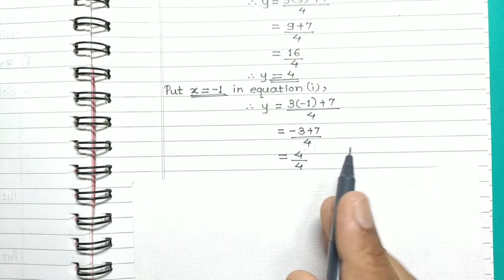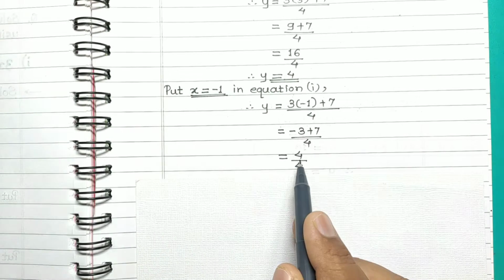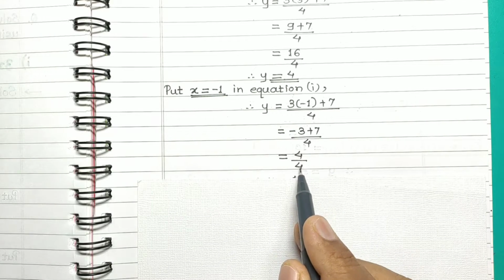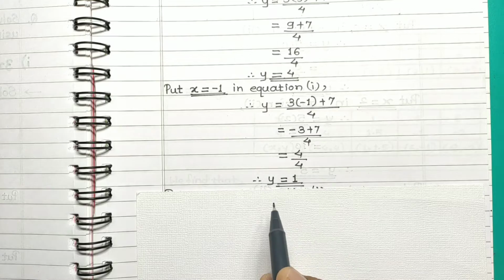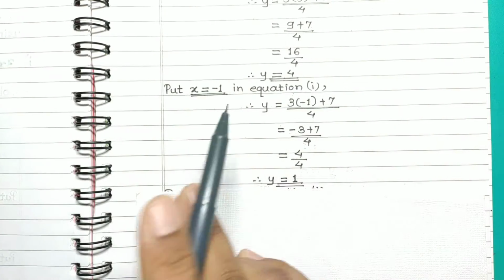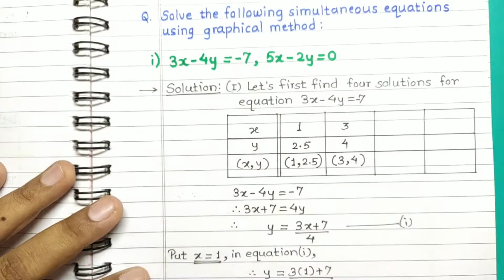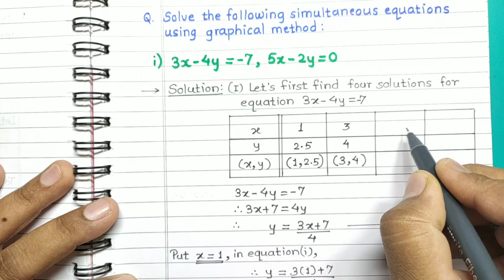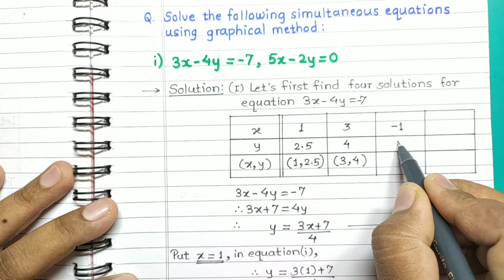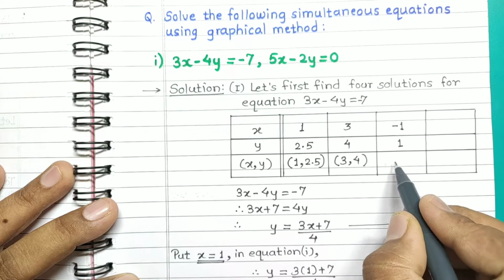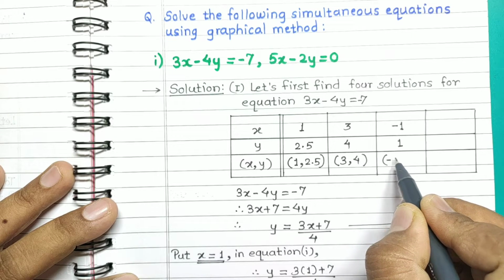So the calculation is minus 3 plus 7, it is 4. So 4 by 4 and we have y is equal to 1. So we have for x is equal to minus 1, y is equal to 1. See, fill up this table. For x is equal to minus 1, we have y is equal to 1